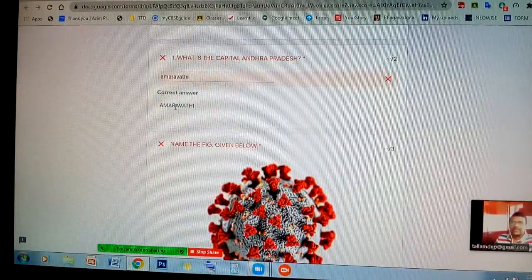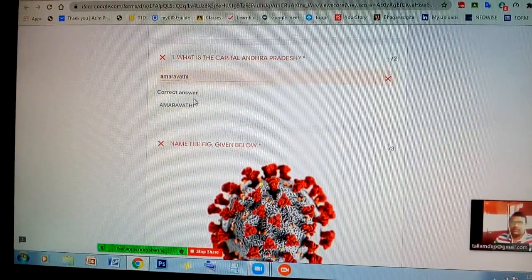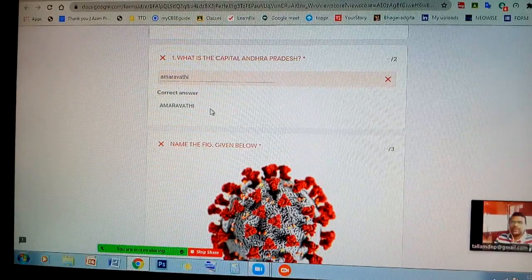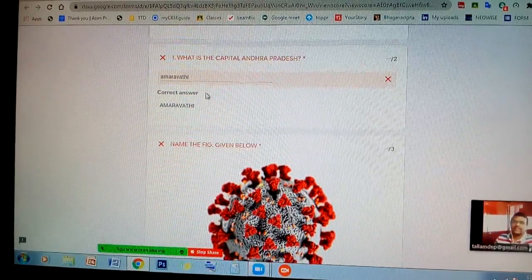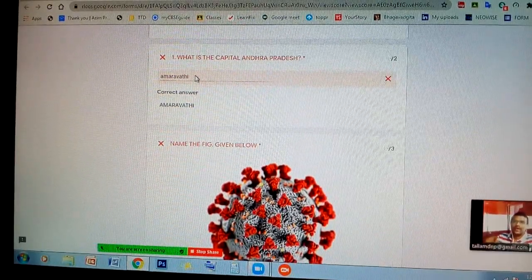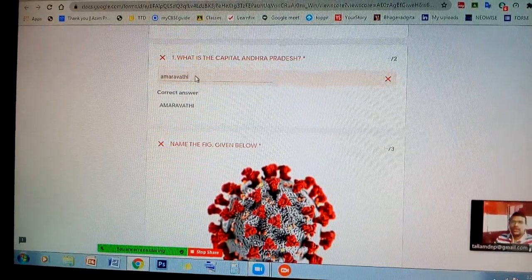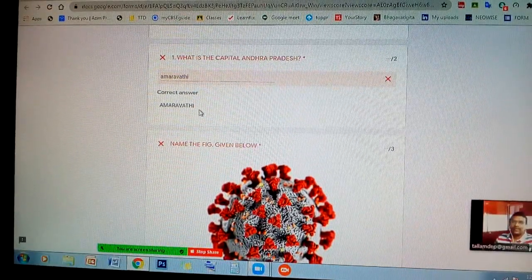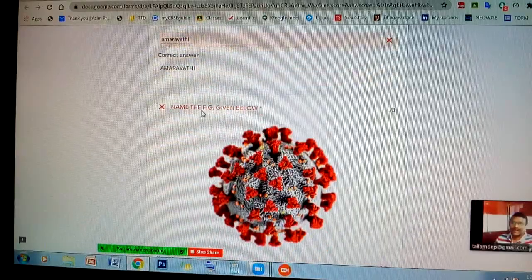If the student answers in this pattern, then only it is correct. So we have to remind and alert the students. Better to give your answer only in capitals, then everyone will answer like that. Here I typed the answer in lowercase. It's showing wrong because we fed the answer with uppercase letters.